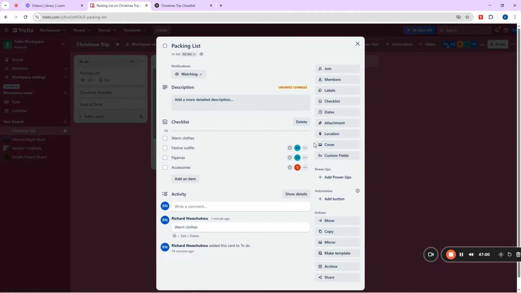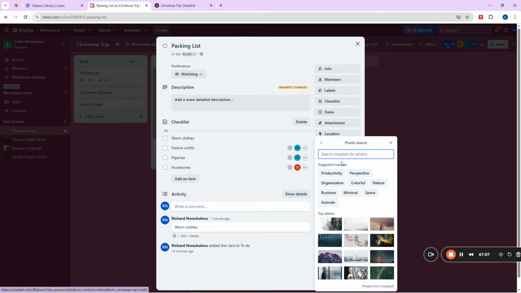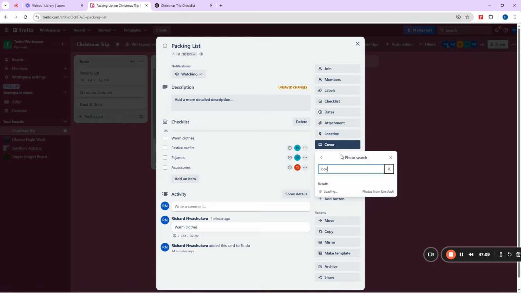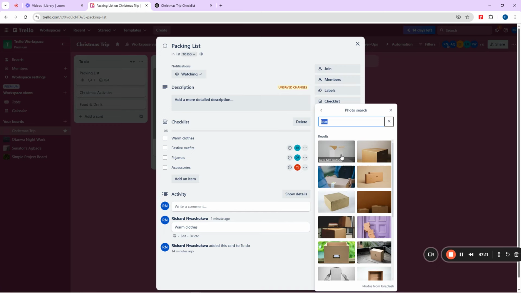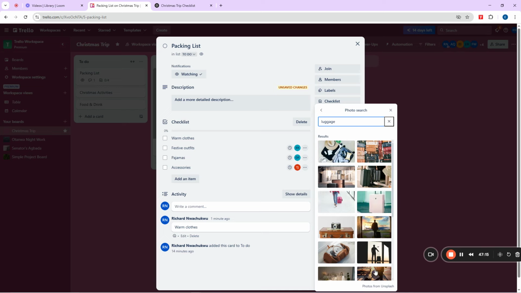So you can now even add cover. You can even add cover like putting things there. I can put a box. I can put here rolling. So okay, let me put a box. Or let me say luggage. Okay, see luggage now. Can now put this here. This is our packing. I think I like this one. Can put this one here.